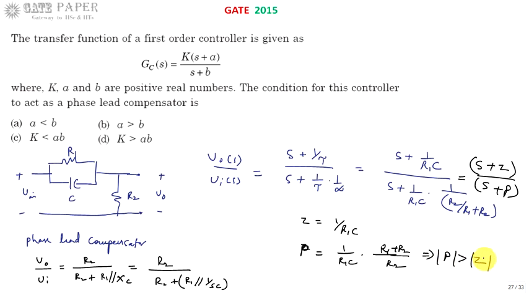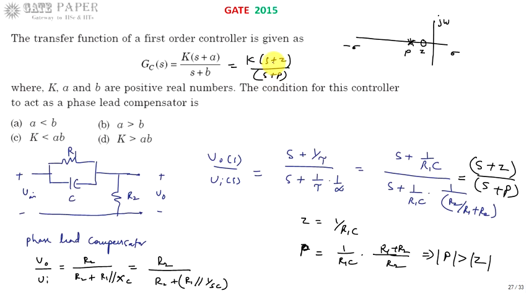So the Z magnitude is near to 0 and the P value is far away from 0 on the negative real axis. If you observe, this is the negative real axis, sigma j omega, this is minus sigma. On this you may get a zero, and you may get a pole which is far away from the zero. So this will become Z and this will become P, because the magnitude of Z is smaller compared to the magnitude of P. Now the same thing, (S plus A) by (S plus B), is related to K into (S plus Z) divided by (S plus P).